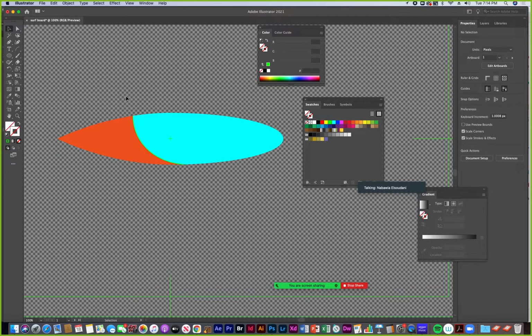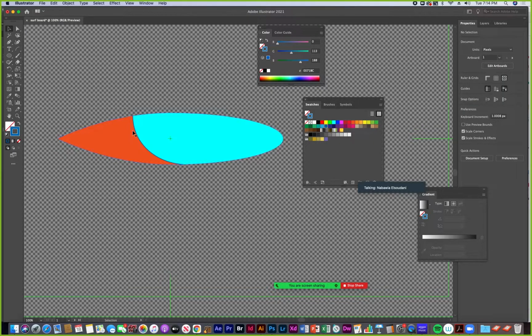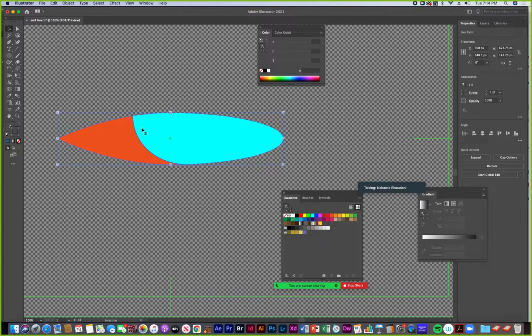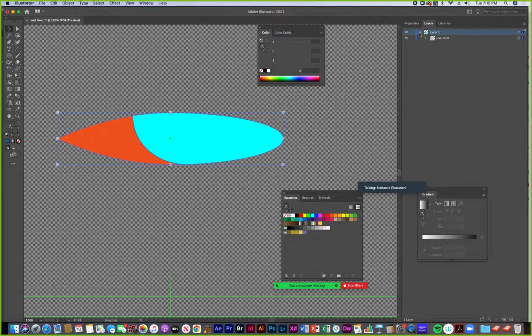Okay. So let's say I want to go with that. Well, let me just maybe make this more defined as a dark blue color. Okay, so let's say I want to go with this. And once I'm done with the Live Paint Bucket, then what I want to do is make this, which is a Live Paint group, into just a normal group of shapes. Because right now it's in layers as a Live Paint group, and you can't do as much with it as a Live Paint group. If I want to continue editing it,